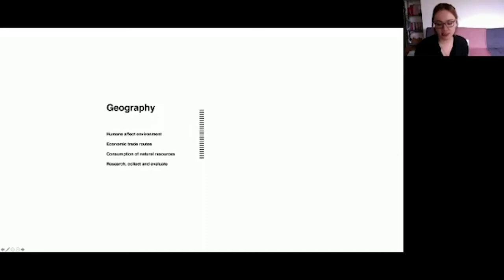So in order to educate and empower students to engage, new material needs to be added to the syllabus. This could be anything from additional topics to a whole new course, something more practical and project-based than what's already being taught. For example, in geography, pupils learn how to research, collect, and evaluate information about the world around them. But in this new course, which for now I will call landscape architecture, pupils will learn how to transform this